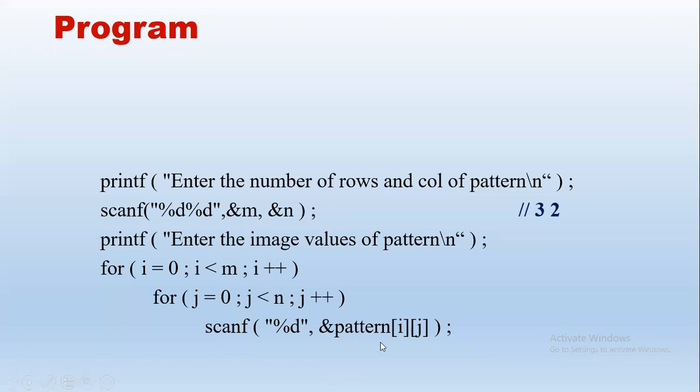We also have to declare all these elements, right? All are integers, declare them. i, j are indexes of for loops. m, n is for row and column number. It is also called order of the matrix, right? Number of rows, columns is called the order of the matrix, m cross n. Then pattern is the name of the 2D array. So we are declaring a maximum of 20 rows and 20 columns. So we have to take care while giving input, m should be less than or equal to 20.